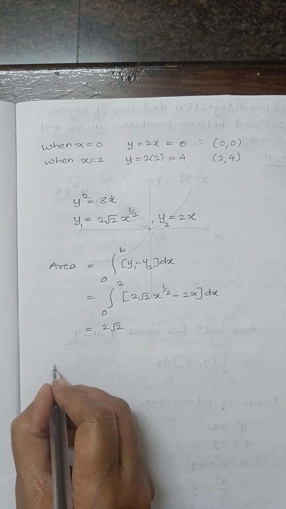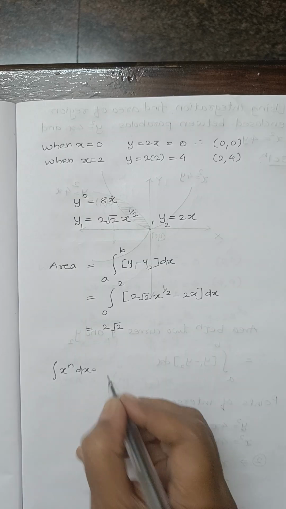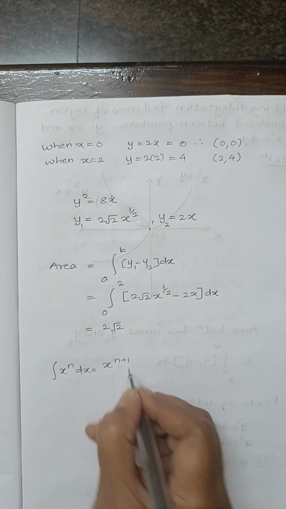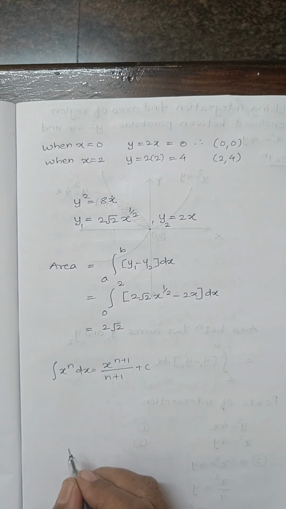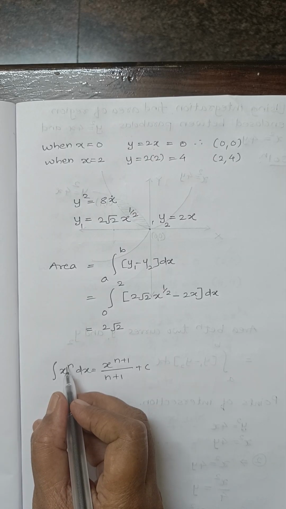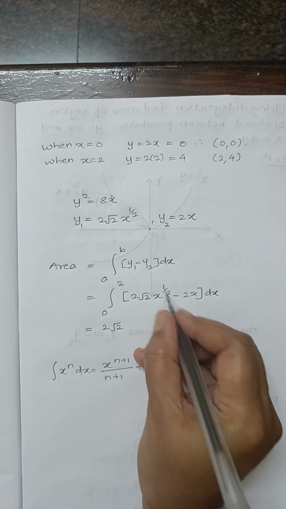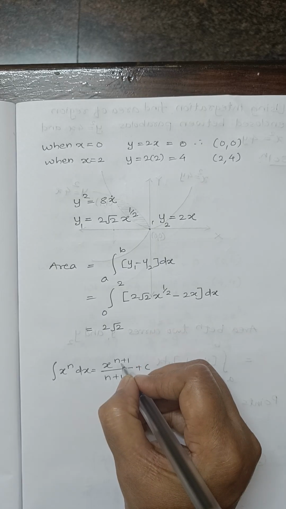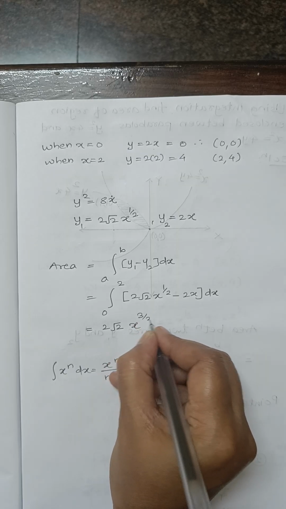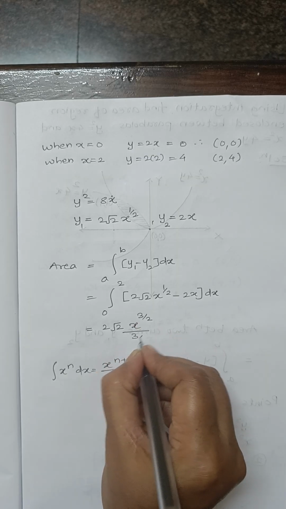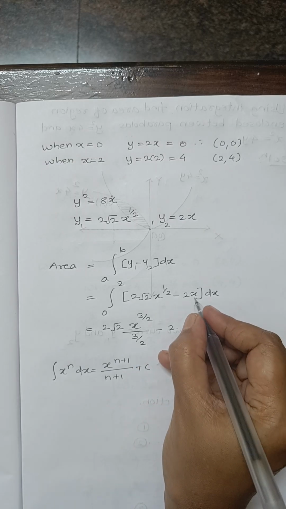Now this is in the form integral of x raised to n dx is x raised to n plus 1 upon n plus 1 plus c. Here n is 1 upon 2, 1 upon 2 plus 1 is 3 by 2. That is x raised to 3 by 2 upon 3 by 2,